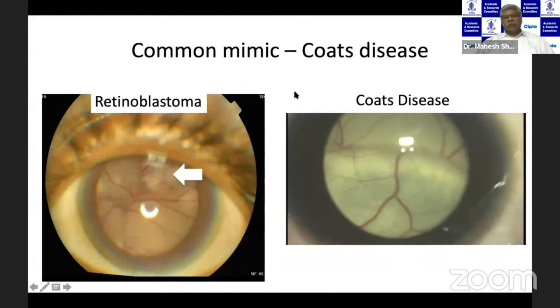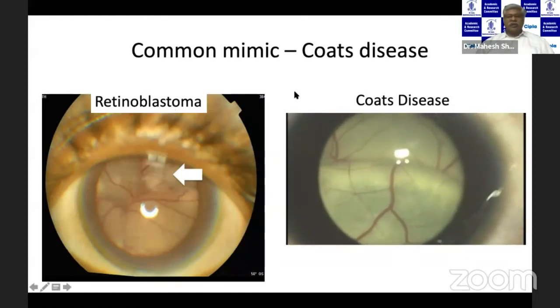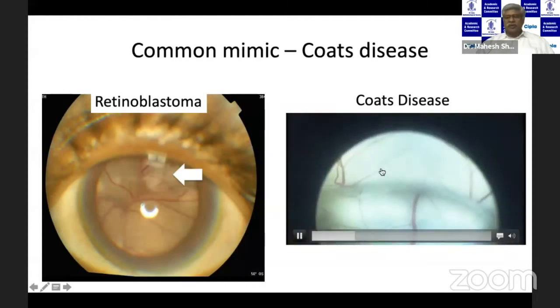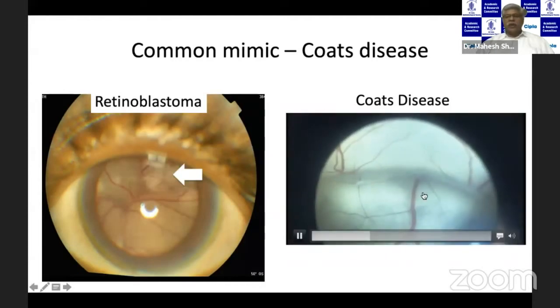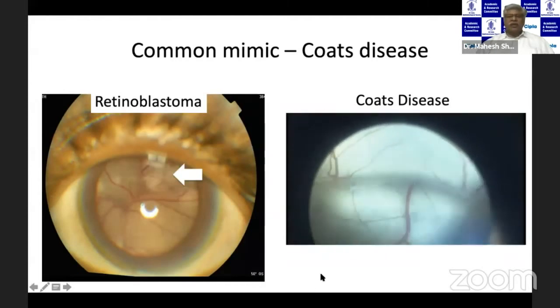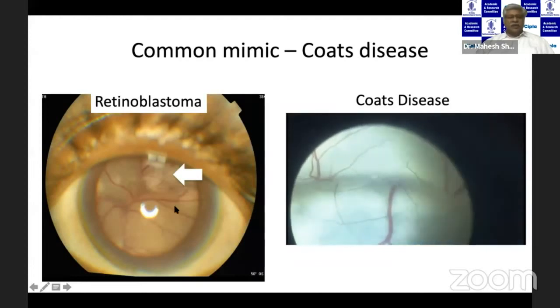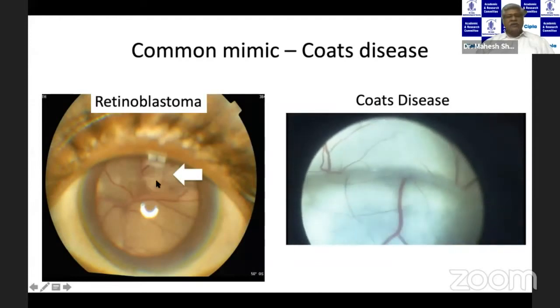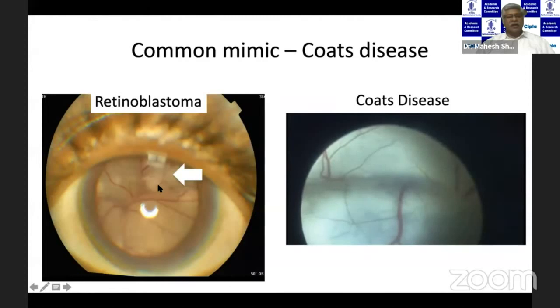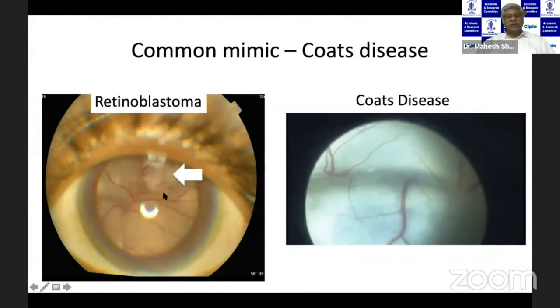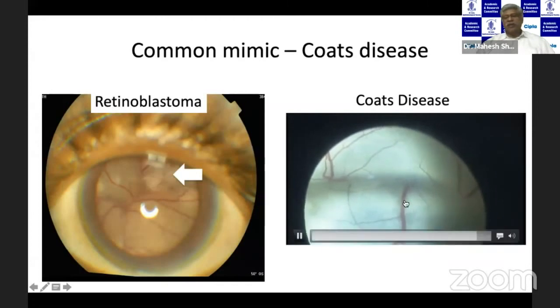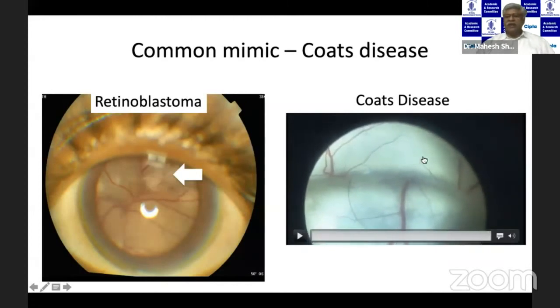The most common mimic of retinoblastoma that I come across is Coats disease. So this is Coats disease, this is retinoblastoma. Both pretty much look the same here because the retina is right behind the lens. But if you look carefully, you can see these white lesions which are arising from the retina. And here the blood vessel is obscured. So anything which arises within the retina indicates this is indeed retinoblastoma. In contrast, we can see here the retina is not at all involved. All the deposits are under the retina here.